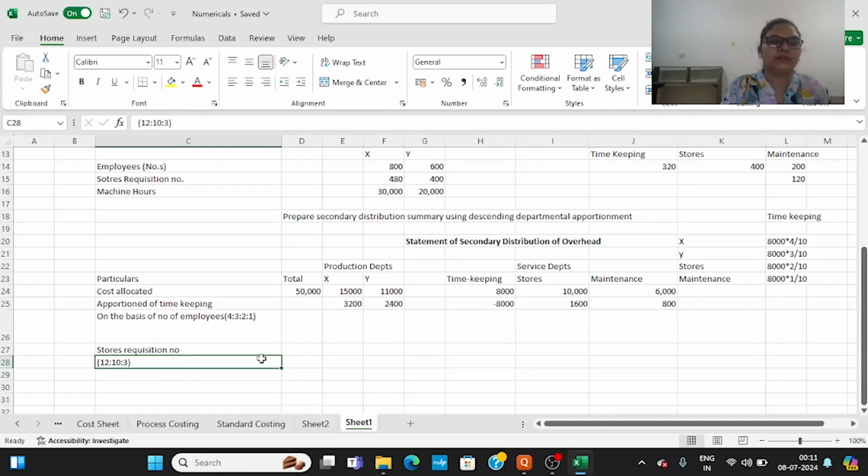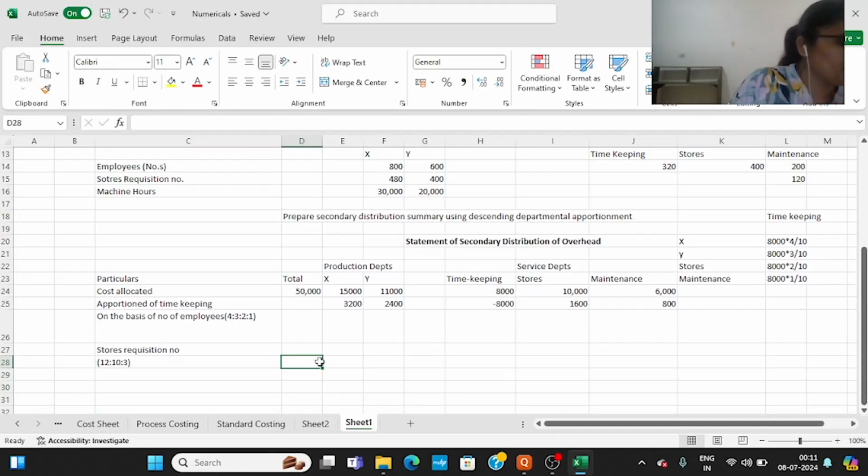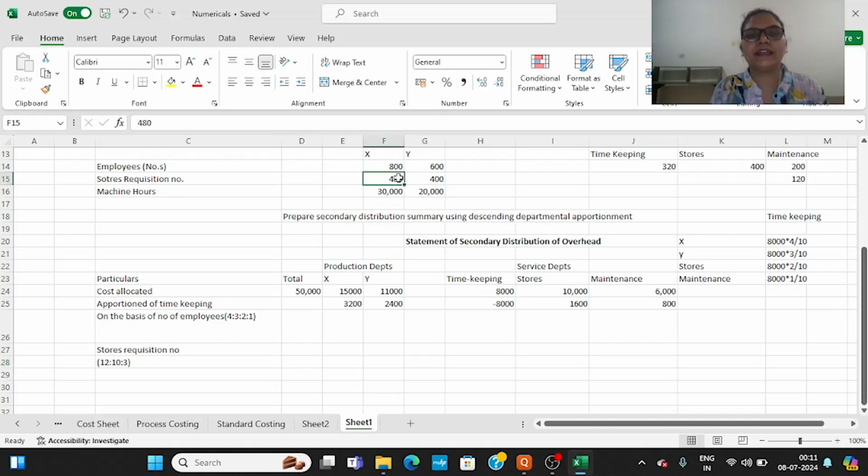Stores requisition number is 12 is to 10 is to 3, in X, Y, and maintenance. Timekeeping cost has already been allocated, so definitely we have nothing to do with it now. We will not use it to calculate the ratio. We will not use stores department because we are allocating the cost of stores department itself. Now